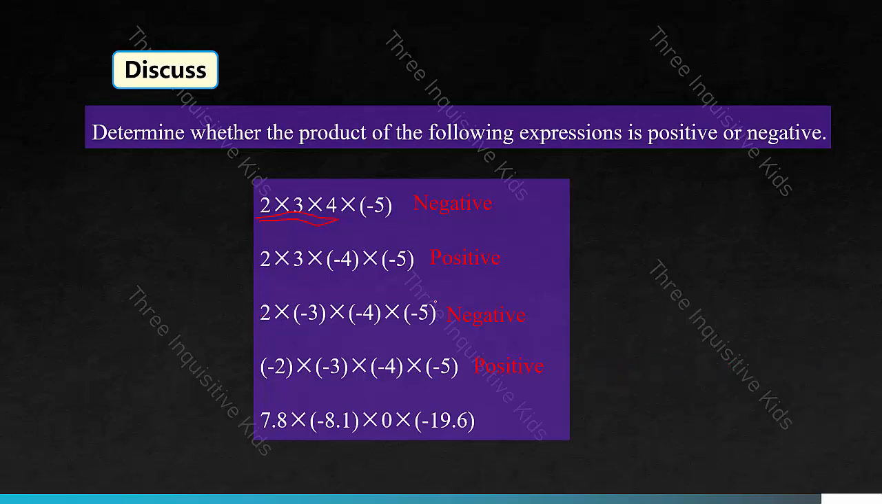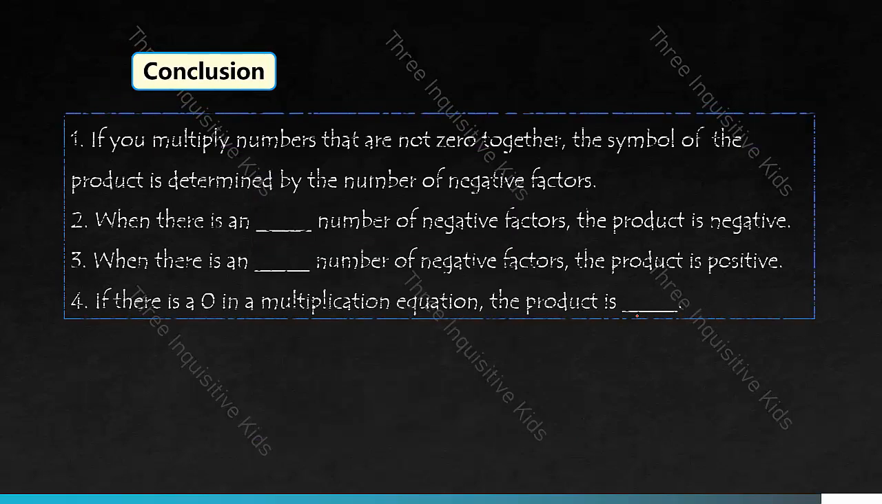The fourth one is positive, and the last one is just 0. As soon as you see a 0 as one of the factors, you can just write 0 on the answer sheet because you don't have to do all that extra calculating. So if you multiply numbers that are not 0 together, the sign of the product is determined by the number